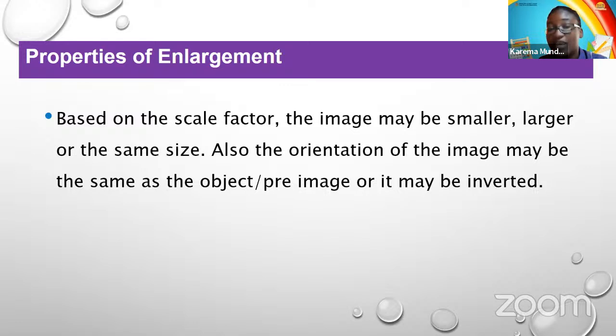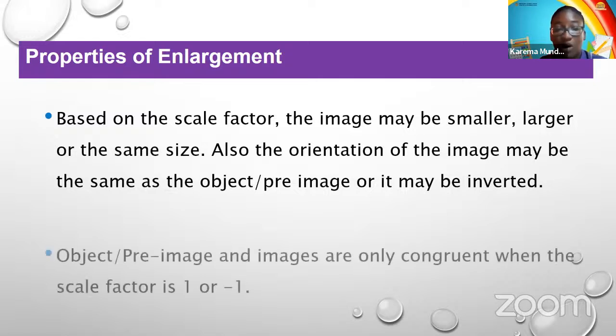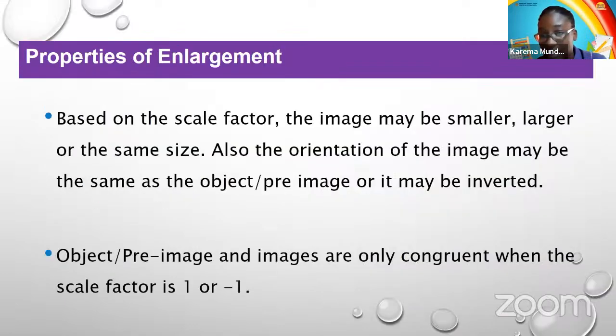In other words, it may be inverted if the scale factor is negative. So those were some of the things we saw coming out. And we said congruence only happens if the scale factor is 1 or -1, even though we didn't actually explore -1 today. All right. So as we close this particular session and we resume at 1,